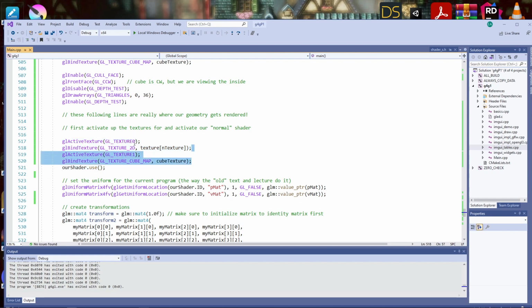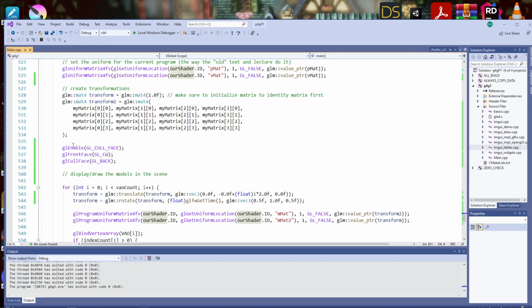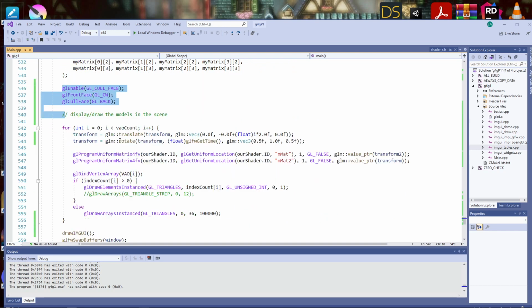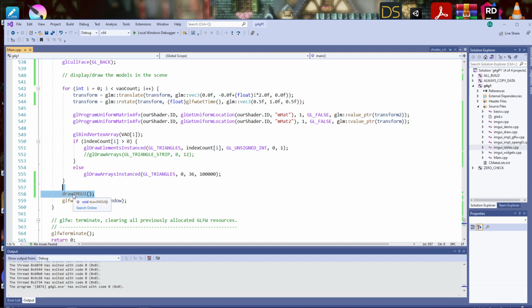It activates those two and then says use our regular shader, and go ahead and do what it needs to do. Ultimately, it re-enables the correct culling. It's still set up for potentially drawing multiple VAO-based parts of the scene, but we're just using the one right now with our 100,000 cubes. And then it draws IMGUI on top of it.